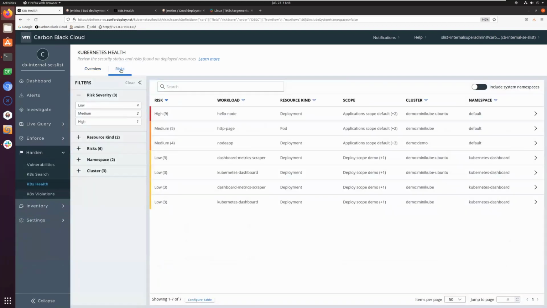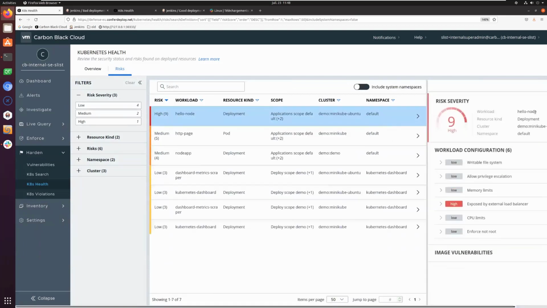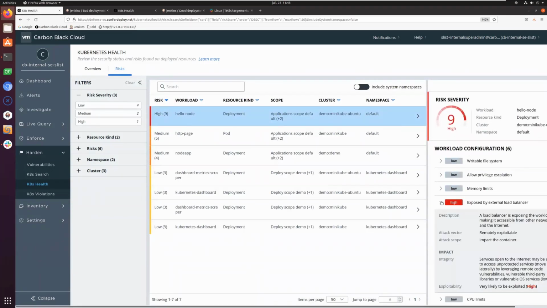Now, when it comes to assessing overall risk, it is prioritized based on exploitability, confidentiality, integrity, and availability of these different configuration settings.